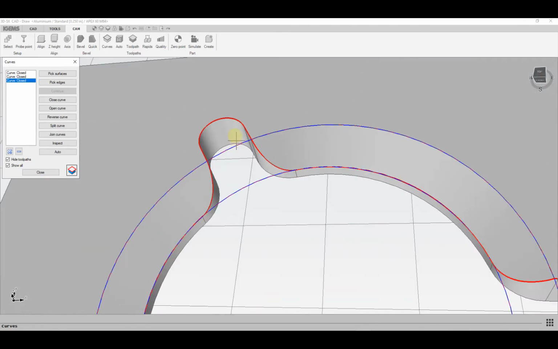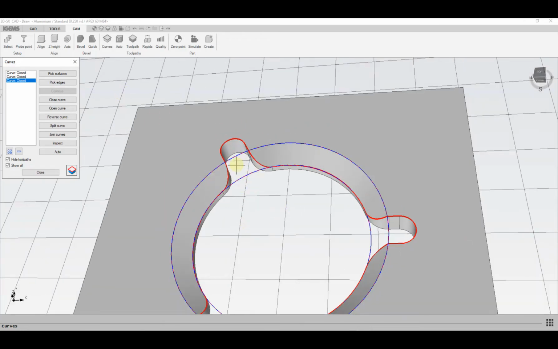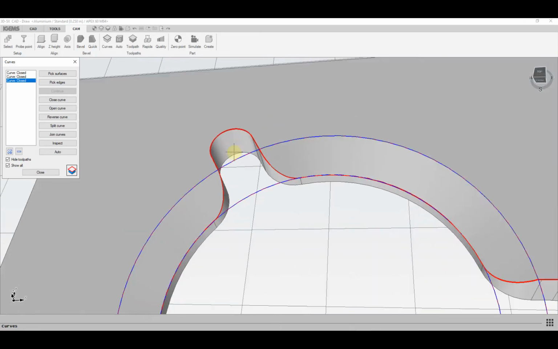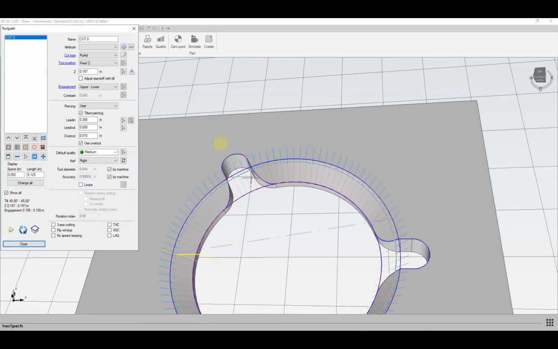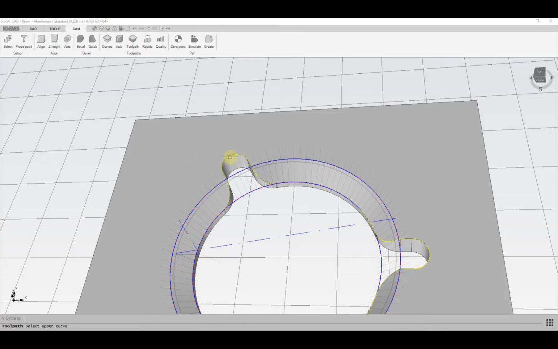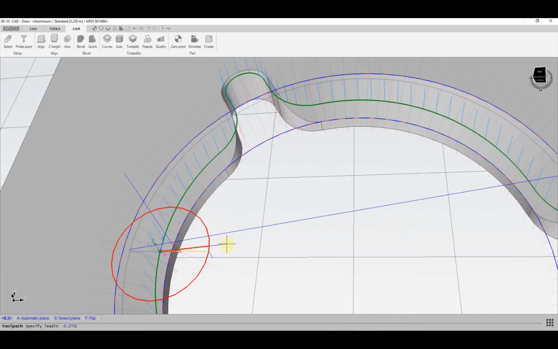Now, since this cut is going to be a vertical cut, I really don't need to choose a bottom edge. So I'll show you how that will work. You could choose the bottom edge if you wanted to, but for vertical cuts you really don't need to choose a bottom edge, unless for the speed calculation you need that for the engagement. So we'll click on our Add Tool, and we'll click on our plus button, select upper curve here, and then where we want to pierce, we'll go ahead and pierce the same location we're doing the bevel pierce. Endpoint, hit enter, direction of travel, and then lower curve. Since I didn't select a lower curve, I can just hit enter